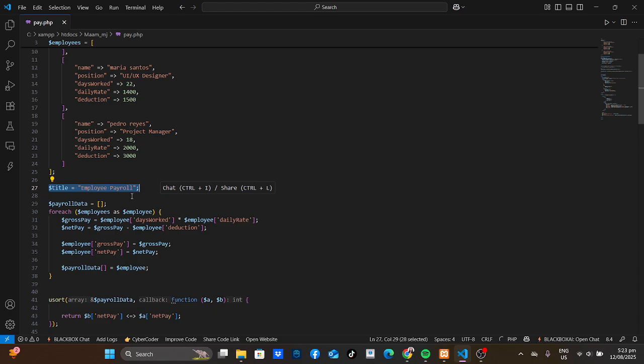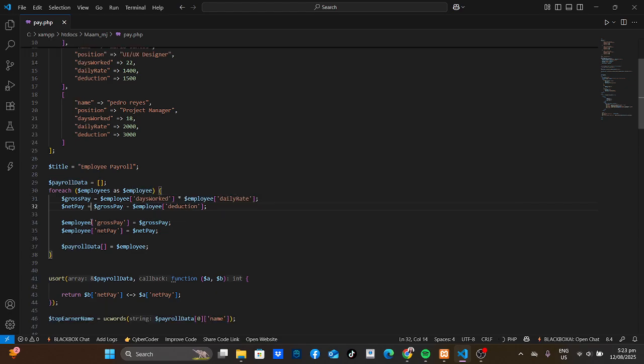Then I created an empty array called payroll data here, where I will store the computed results using a foreach loop. I go through each employee and calculate their gross pay, which is days worked times daily rate, and the net pay, which is the gross pay subtracted by the employee deduction.